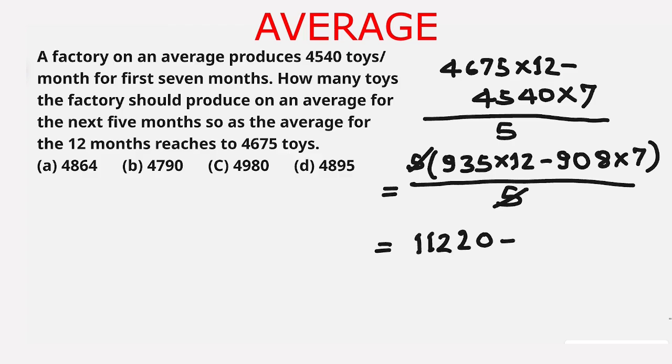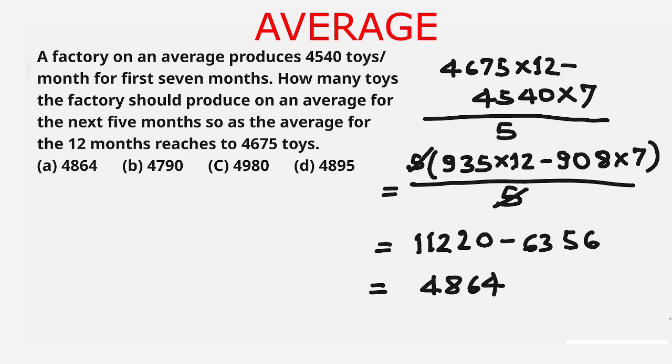Minus, we multiply 908 by 7. 7 times 8 is 56. We write 6 and carry 5. 7 times 0 is 0 plus 5 is 5. And 9 times 7 is 63. 11,220 minus 6,356 is